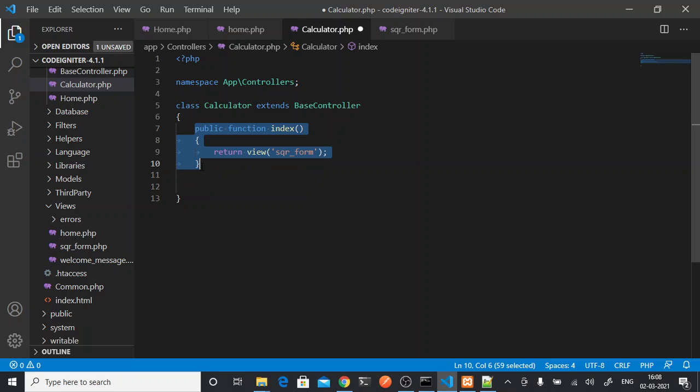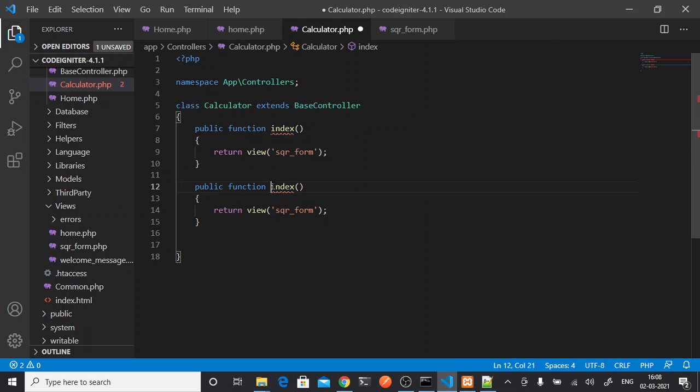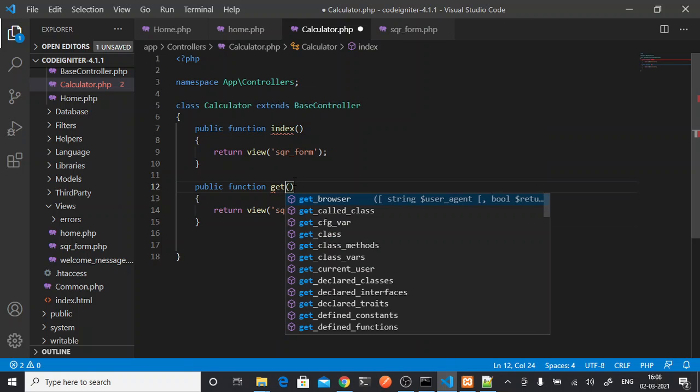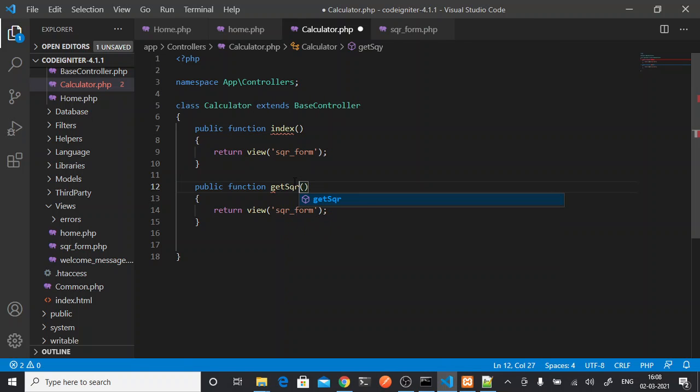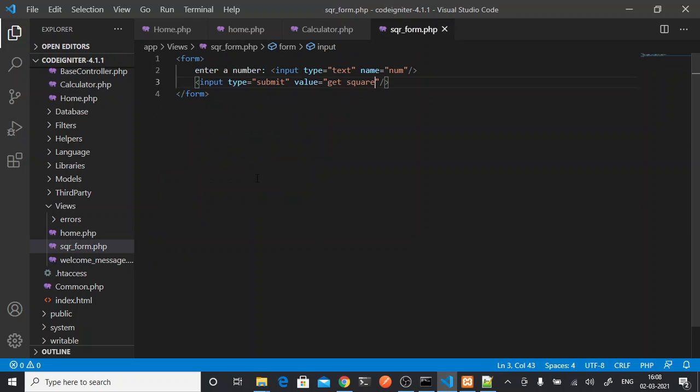Let's say in controller, in calculator only, I have a get square, get sqr function. So here let's just echo square logic. So I want to submit the form there.